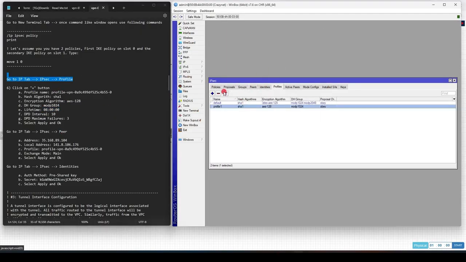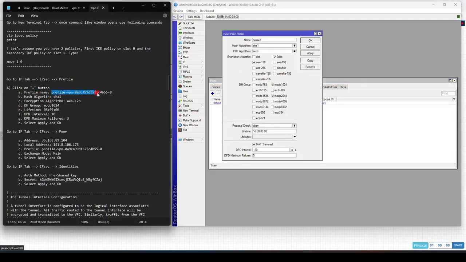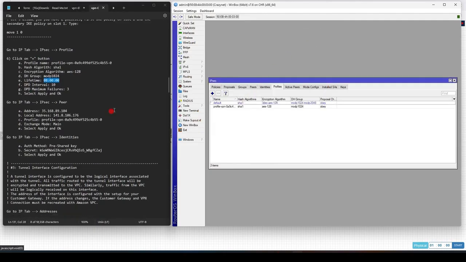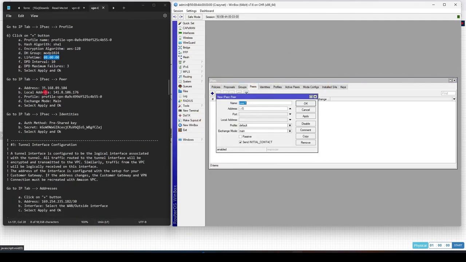Then let's create the profile. So profile, delete this, add, always use the suggested name, so you don't get confused, 128 MODP 1024, 8 hours DPD, 10 failed connections, 3, and at this point first OK, apply OK, then go to peer, here add,